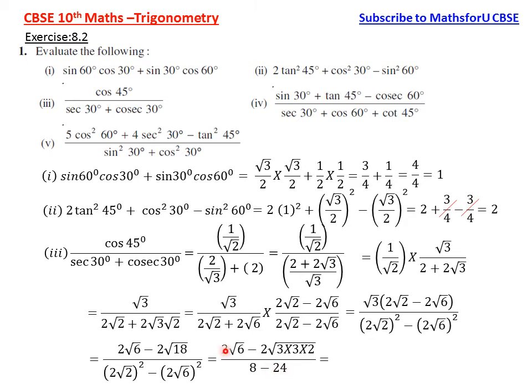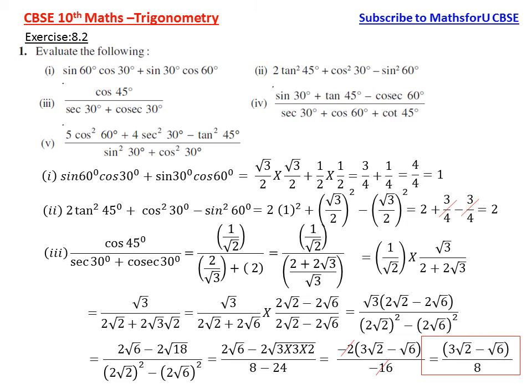So here we have 2, here also we have 2, we can take 2 common. We take minus 2 out. When you take minus 2 out, here root of 3 into 3 into 2, the 3 is coming out. So 3 into root 2, that is 3 root 2. Here we have minus, so that minus 2 we have taken already. So 3 root 2. Here we have plus root 6. Since we have taken minus 2 out, we need to put minus here. So minus root 6. Now minus 2 and minus 16 get cancelled with 8. So 3 root 2 minus root 6 divided by 8 is the answer.